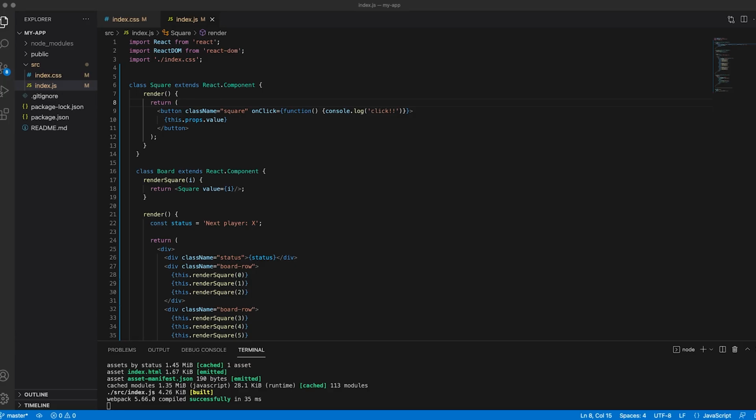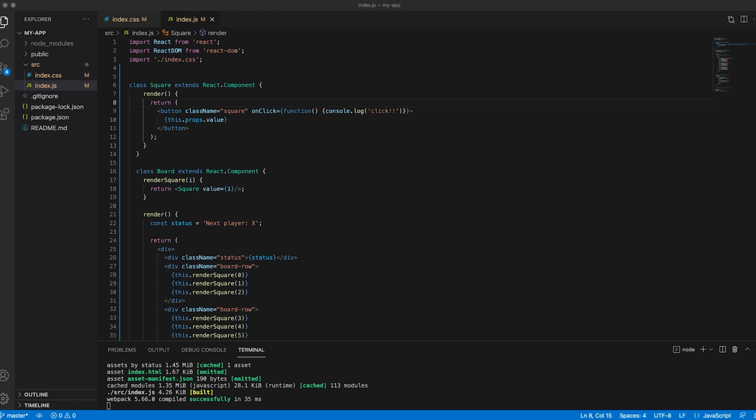Okay, going back to the documentation, you can see the next step is they want the component to actually remember it got clicked. Right now we're logging it out to see that it's clicked, but now we need it to remember that. And for that, we use something called state. So as it says in the documents, this.state should be considered as private to a React component that it's defined in. So in this case, let's just jump right in and go through it. I think that will be more clear than talking through it, but it does give some examples in the React tutorials. So it says, let's store the current value of the square in this.state